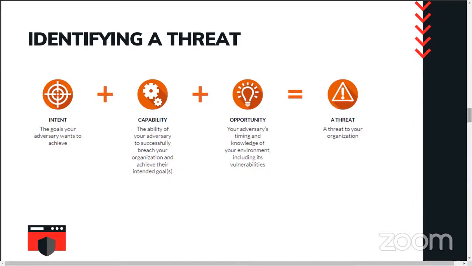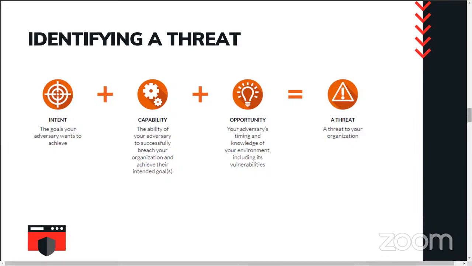achieve their goals. And then you have opportunity, which is your adversary's timing and knowledge of your environment and its vulnerabilities. Let's say in the case of zero-day attacks, because it is a zero-day attack, there is no known countermeasure as of yet, and they're very rare to find. So in the event that an adversary identifies a particular zero-day attack that you probably haven't patched up or haven't even looked into yet,